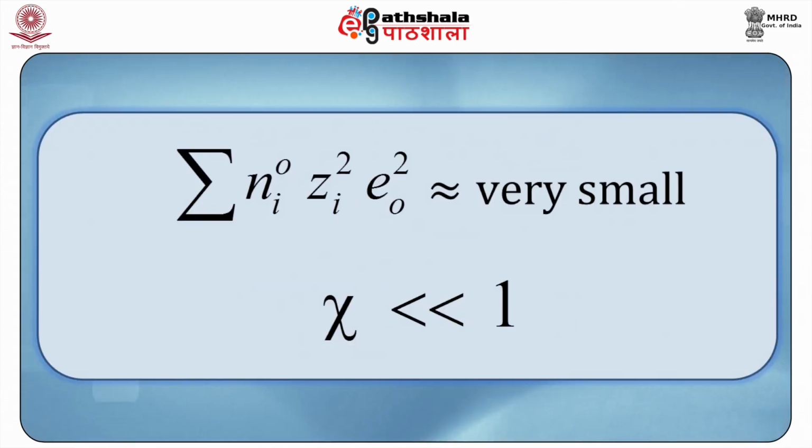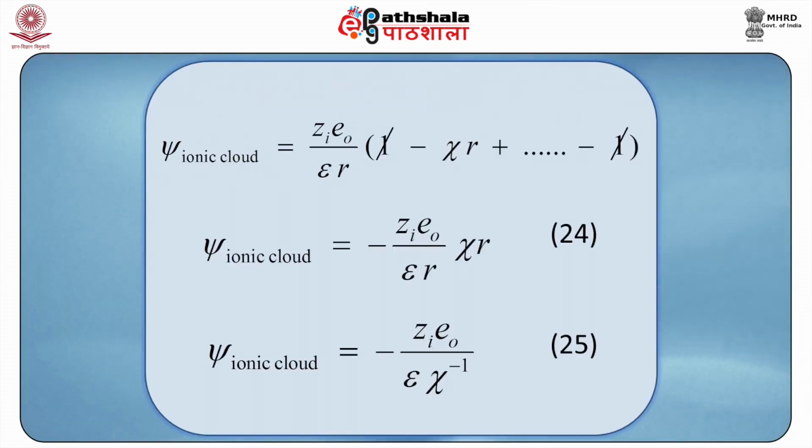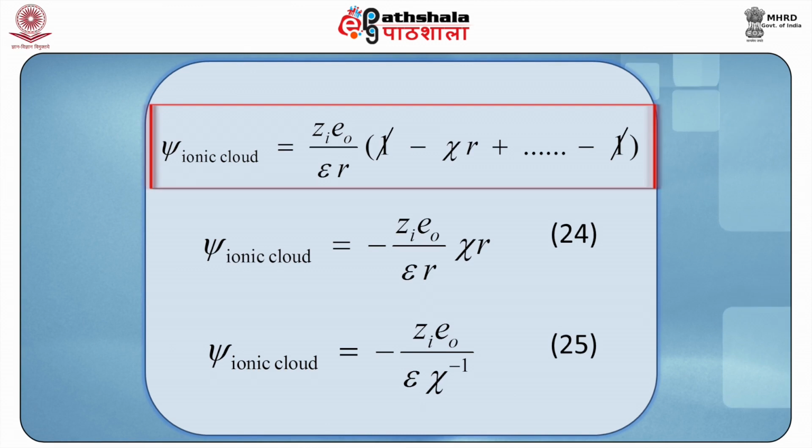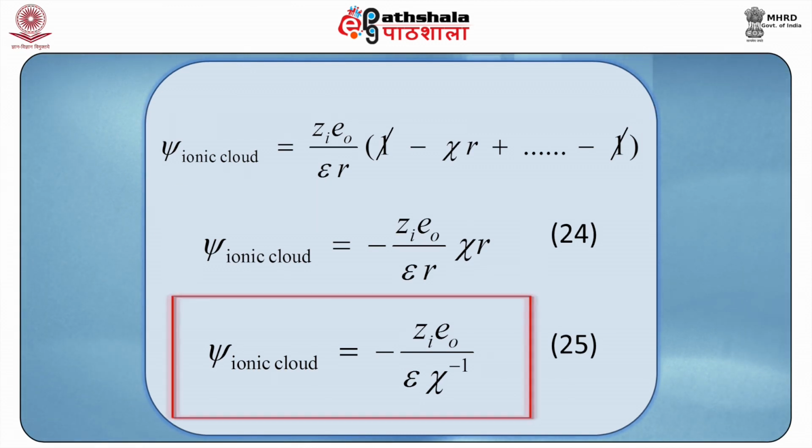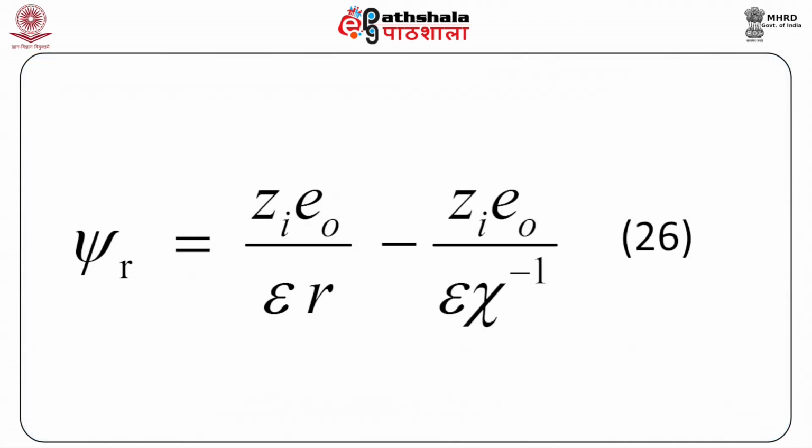Thus, in sufficiently dilute solutions, summation Ni0 Zi squared e0 squared can be taken as sufficiently small in order to make chi less than 1. Therefore, from equation 23 we get, or this can be written as equation 24, or this can be written as equation 25. Using equation 20 and 25 in equation 21, we get equation 26 as,